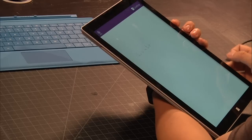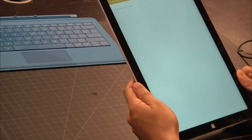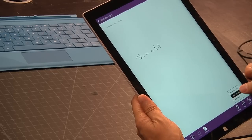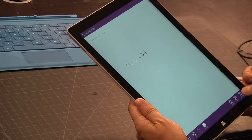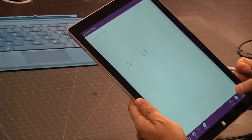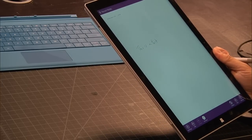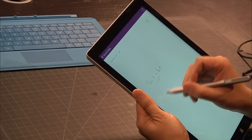You can actually change your paper. So I'm going to unlock this. You can just tap to unlock, and you open up your OneNote, and then you can swipe from the bottom, and you can change to grid lines. And I don't know if you guys can see that. There it goes, a little bit of grid lines. Or you can show rule lines. I like showing grid lines. And you can actually do your notes. You can underline things, you can write, and then...